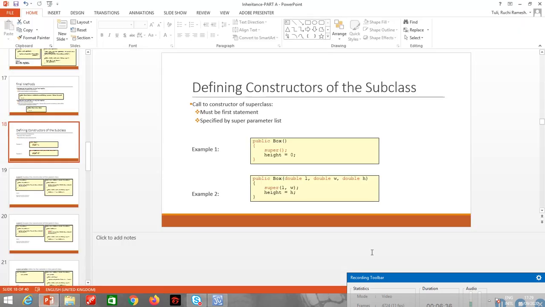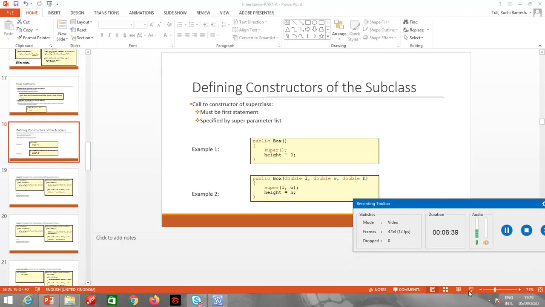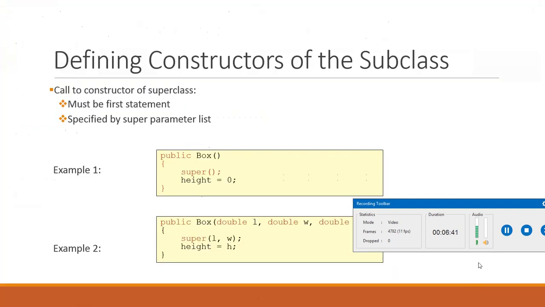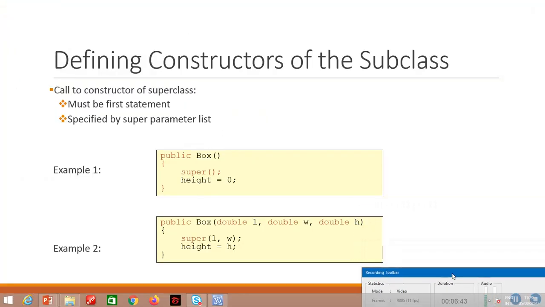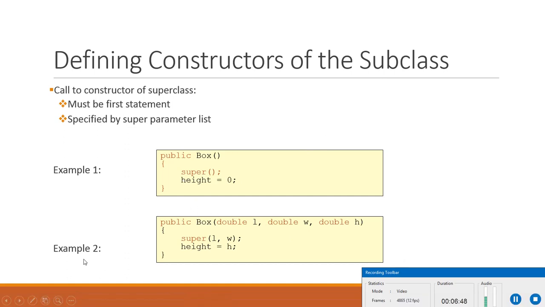Now coming to the constructors, when we make a constructor, we can make two types of constructor. You can make a parameterless constructor and you can make a parameterized constructor. So what is a parameterless and what is a parameterized constructor? If you see the first example here, this is a parameterless constructor. That means the constructor has no parameters passed. This is a parameterized constructor over here. So a constructor in which we pass parameters is a parameterized constructor.